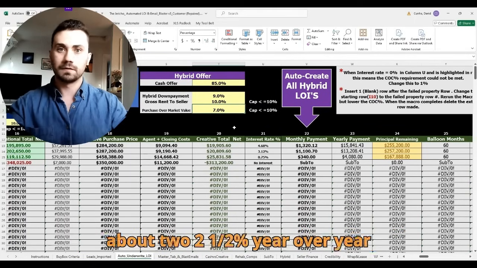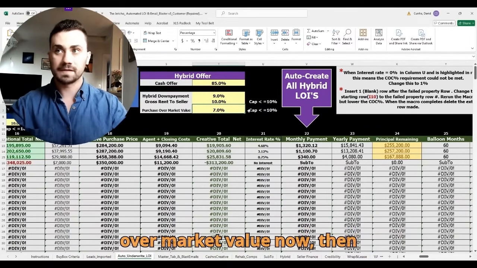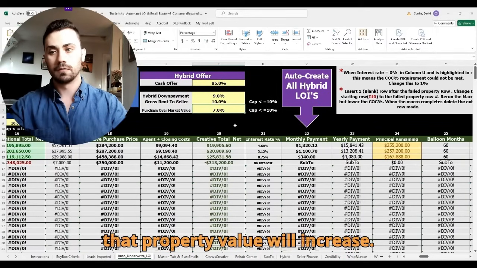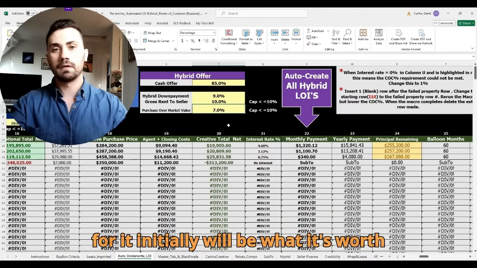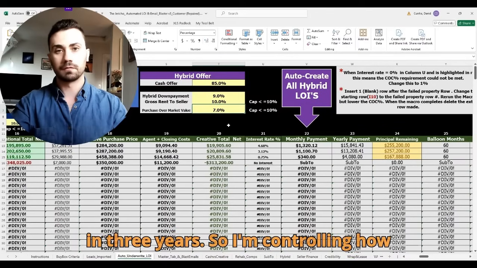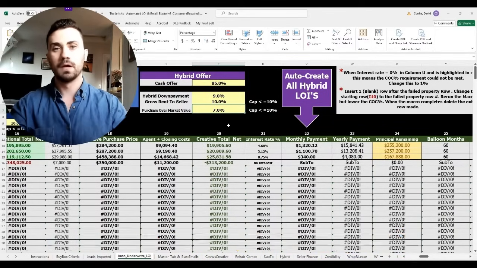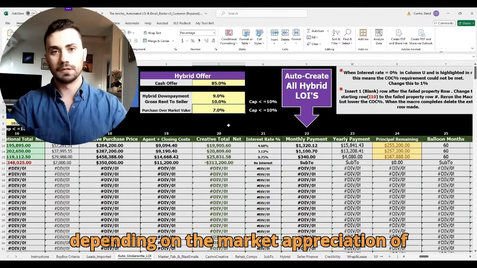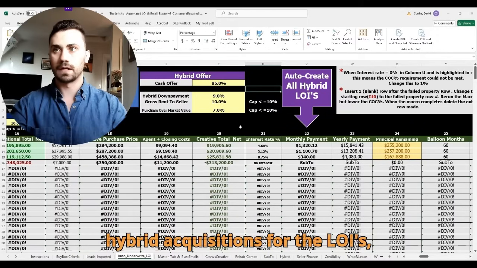But average is about 2.5% year over year appreciation. So that means if I pay 7% over market value now, then that property value will increase within 3 years. Within that 3-year time period, whatever I paid for it initially will be what it's worth in 3 years. So I'm controlling how much I'm willing to pay for the property depending on the market appreciation of that property in that specific area. So that's what we're doing here on the hybrid